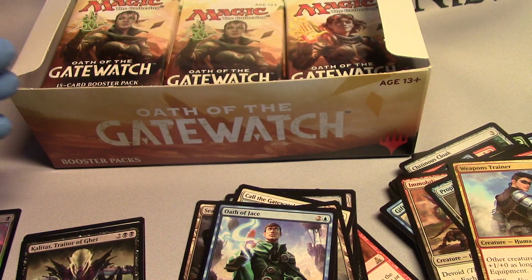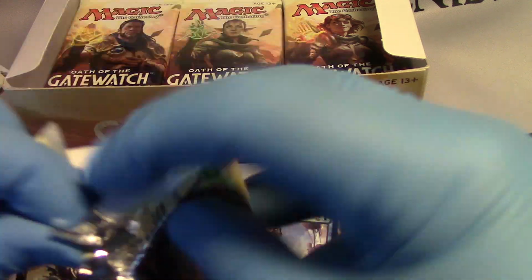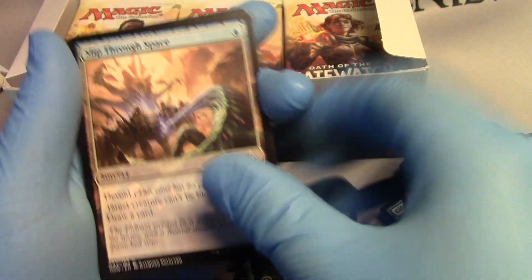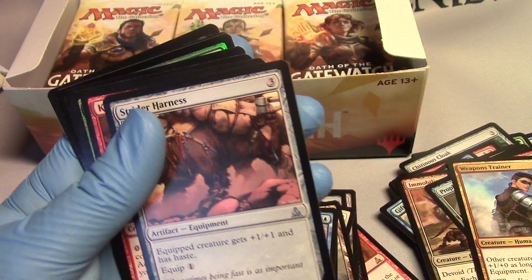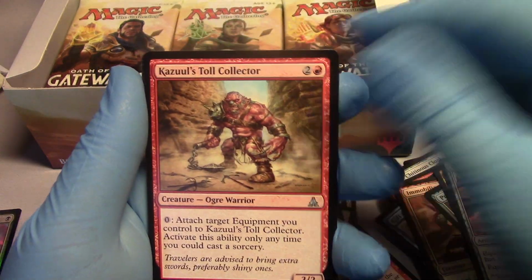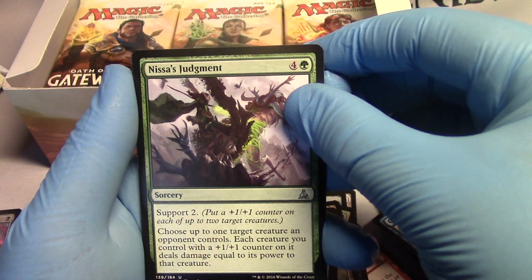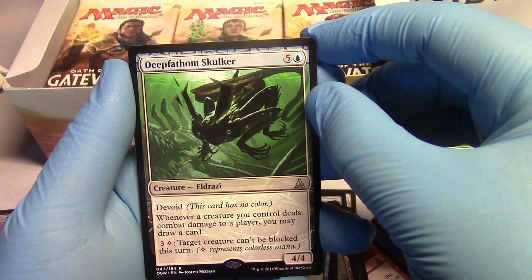All right. Strider Harness, Kazul's Toll Collector, this is Judgment, Deep Fathoms Skulker,